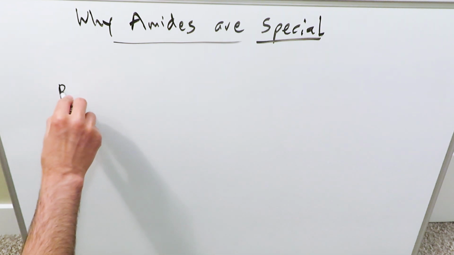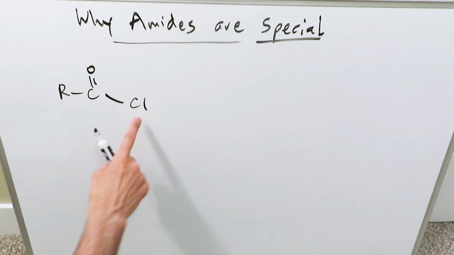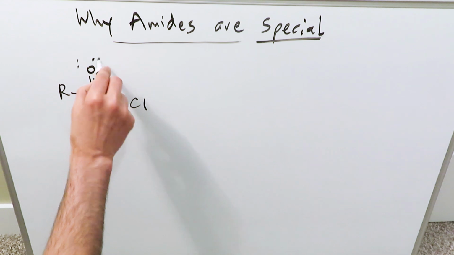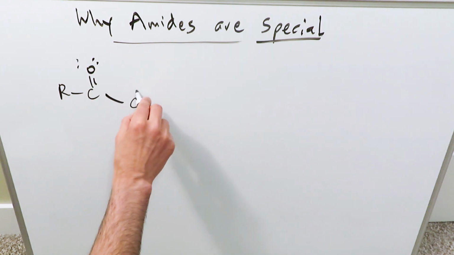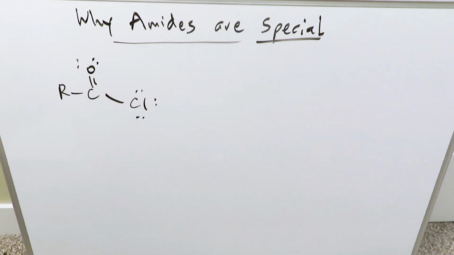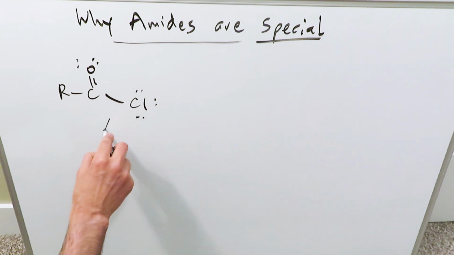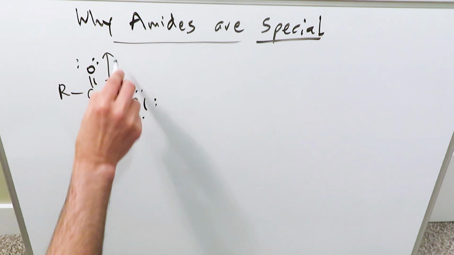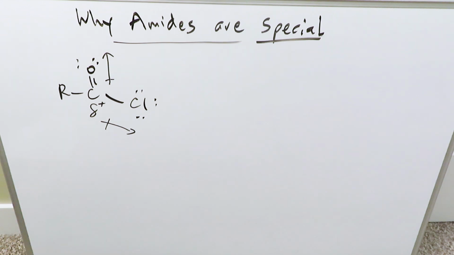We are starting here with an acyl chloride, which is a carbonyl compound with a chlorine atom over here. Pay particular attention to these electrons, which are lone electrons. I have a chlorine over here with these many electrons, the oxygen with that. Chlorine is electronegative, oxygen is electronegative. The dipole moments are sucking the charge away and making this carbon relatively partially positive or starved,